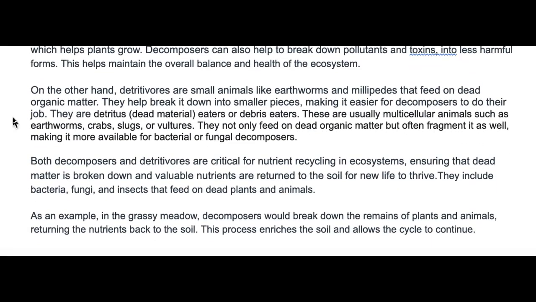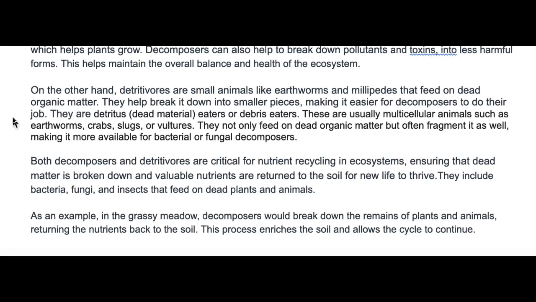On the other hand, detritivores are small animals like earthworms and millipedes that feed on dead organic matter. They help break it down into smaller pieces, making it easier for decomposers to do their job. They are detritus, dead material, eaters, or debris eaters. They are usually multicellular animals such as earthworms, crabs, slugs, or vultures. They not only feed on dead organic matter, but often fragment it as well, making it more available for bacterial